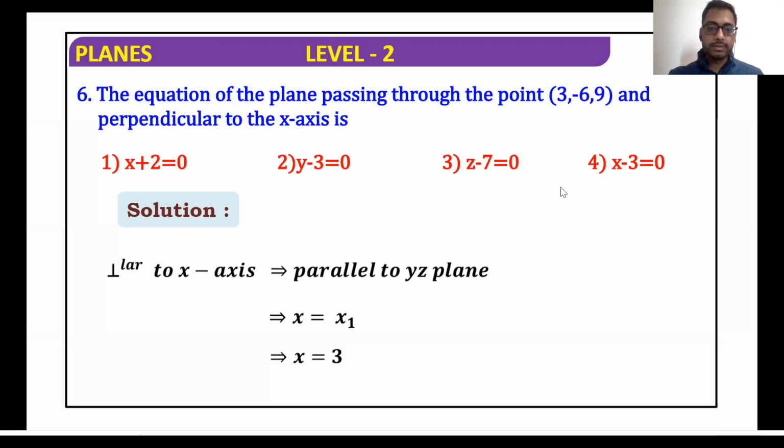Okay, Lokesh is saying y plus 6 is equal to 0. Rutvik is saying y is equal to 6. Okay, Rutvik, it's y is equal to minus 6. Therefore, it would be y plus 6 is equal to 0.